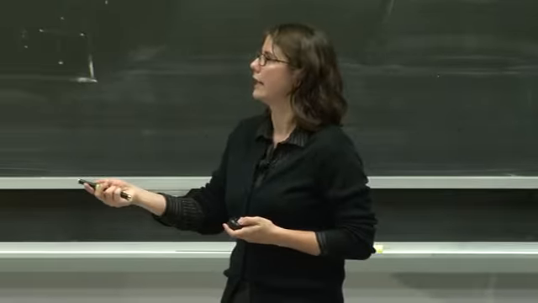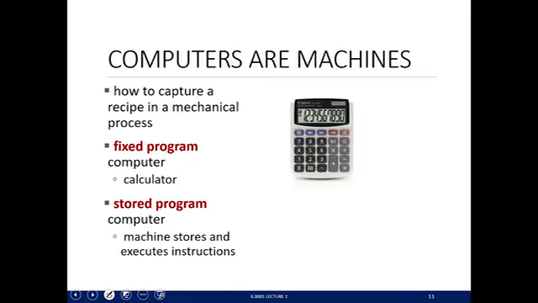Originally there were these things called fixed program computers, and I'm old enough to have used something like this, where there's just numbers and plus, minus, multiplication, divide, and equal. But calculators these days are a lot more complicated. But way back then, an example of a fixed program computer is this calculator. It only knows how to do addition, multiplication, subtraction, division. If you want to plot something, you can't. If you want to go on the internet, send email with it, you can't. It can only do this one thing.